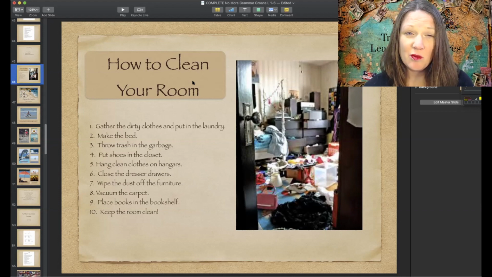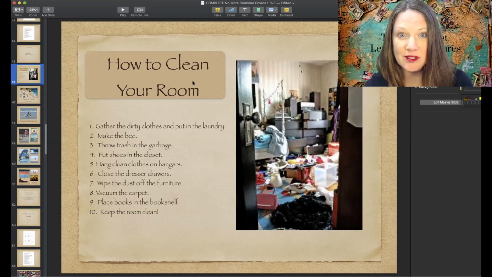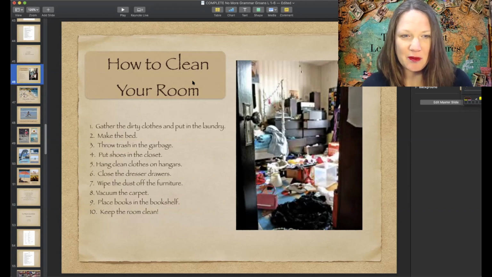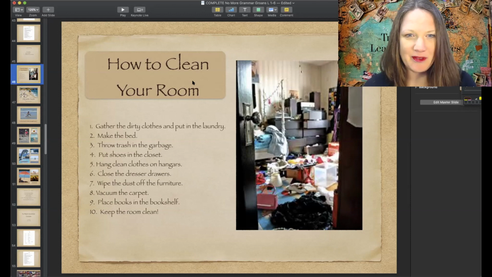Gather is a verb. You will start each line with a verb so that you can go on into that direct object, which is gather clothes, make bed, throw trash, and you're welcome to add prepositional phrases if you would like. It always makes for a better how-to paragraph when you have prepositional phrases. It makes it a little clearer. For example, throw trash, number 3. If I didn't put in the garbage, my prepositional phrase, then it would be a little bit like,